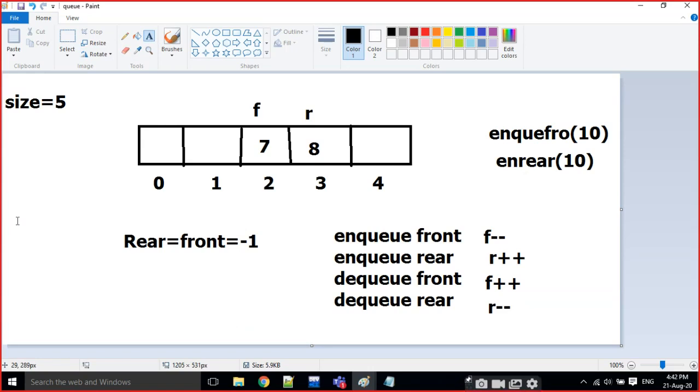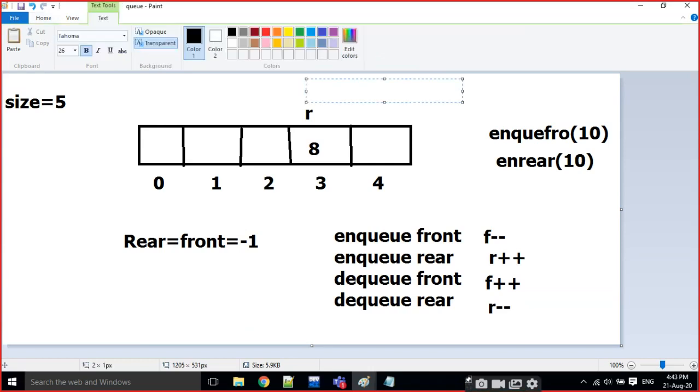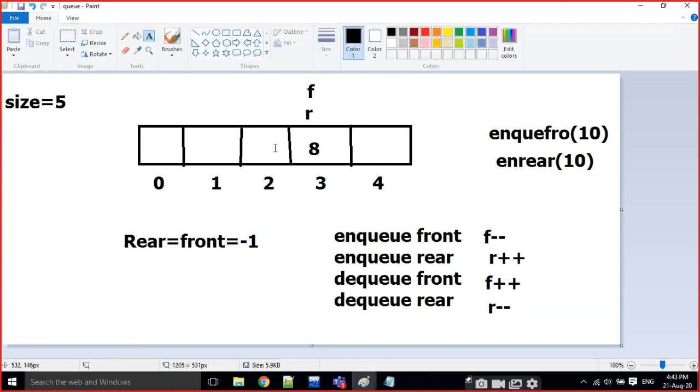If DQ is working for front, F is going to be plus plus. F is incremented. Now I am going to work on DQ front. What happened now? F is going to be incremented. That's it. Nothing else. F is incremented. That means it is going to be deleted.